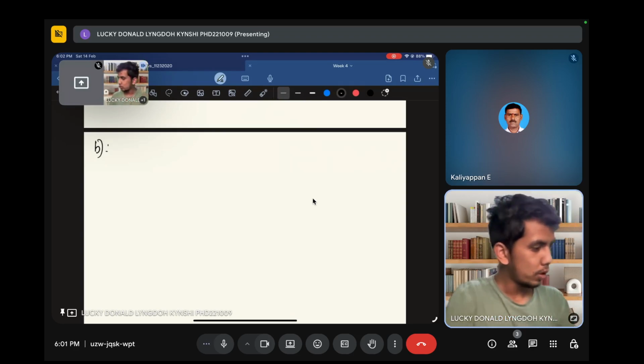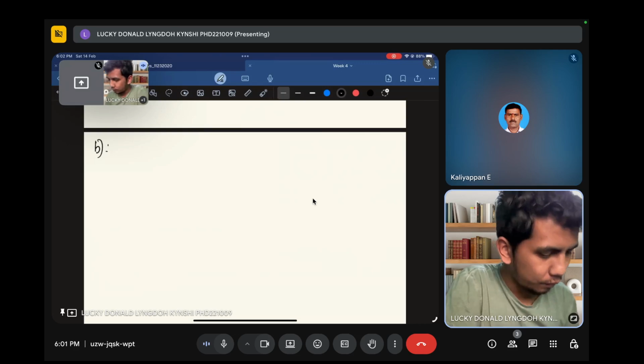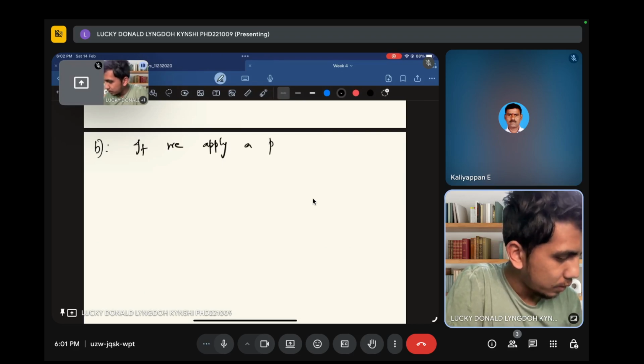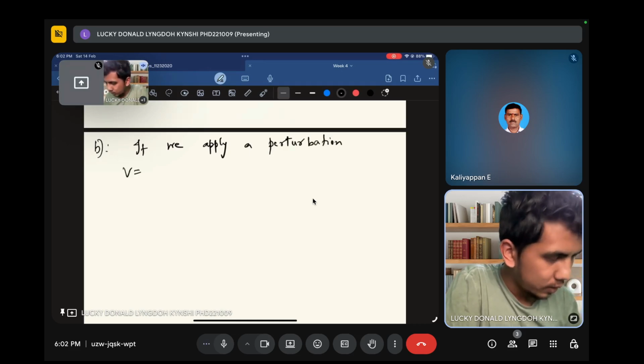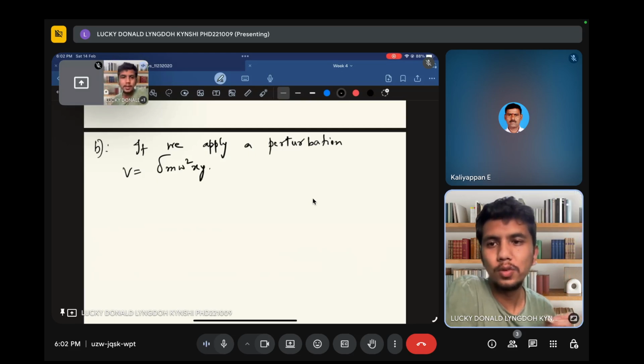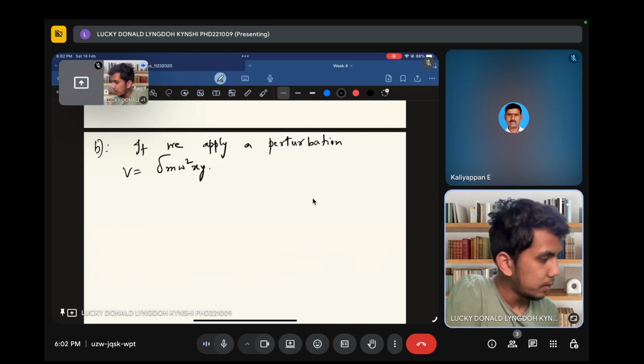So the question is that if we apply a perturbation V is equal to delta m omega square x y. This is given to you. A perturbation is given to you, and